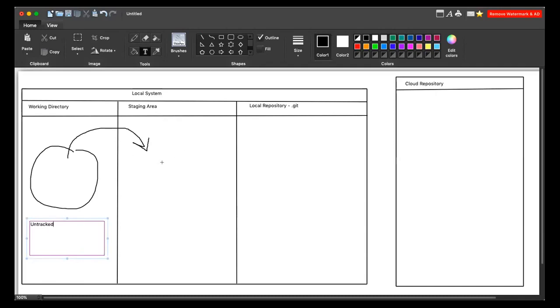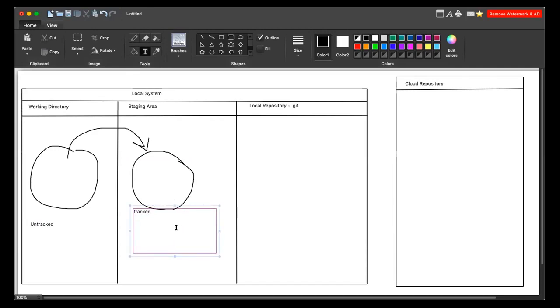Now, when you move these files and folders to this staging area, they become tracked files or tracked folders. Now it is tracked by the Git system and they are ready to move to the local repository.